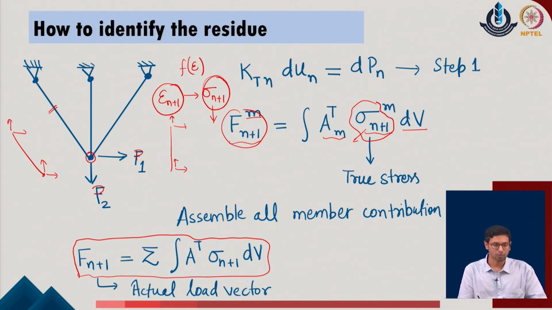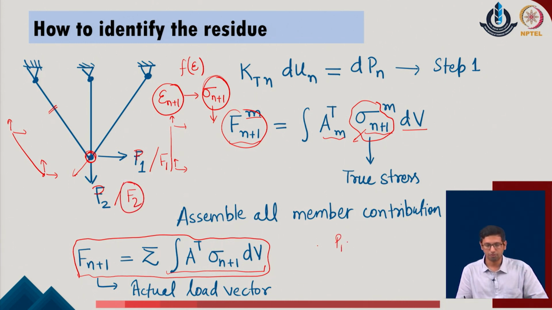So, by taking the sum of all the forces at this particular joint, I can write the summation of the net actual load which is identified at this particular point in the given system. What we will realize is that the value of F1, so I am now writing the values corresponding to the direction of P1 and P2, and those values as per the actual will come out as F1 and F2 in the given system. And we will realize that P1 minus F1 has a certain difference, and that is our residue 1. P2 minus F2 also has some residue, and that is our residue 2 in the given system.